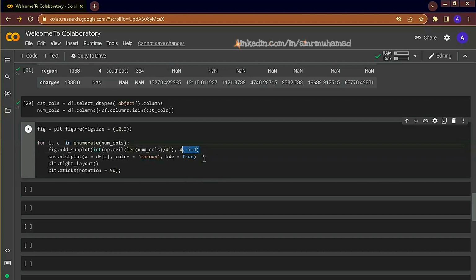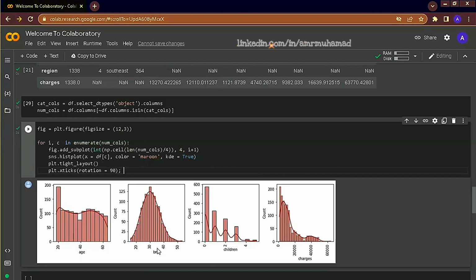We basically say for each column inside numeric columns, just add a figure, and this figure is going to be a histplot, and we call the column to be plotted using df[c], where c stands for the column inside the numeric columns. plt.tight_layout makes each plotted figure at an equal spacing, and we will also rotate the x tick marks so they can be visible easily. Run this code, and we see here each column inside the numeric columns of the dataset plotted on equally spaced figures.